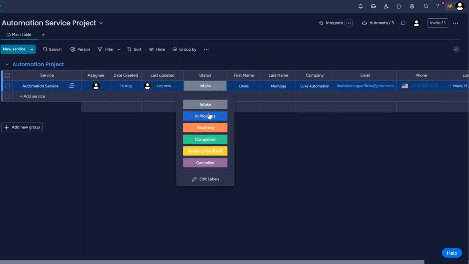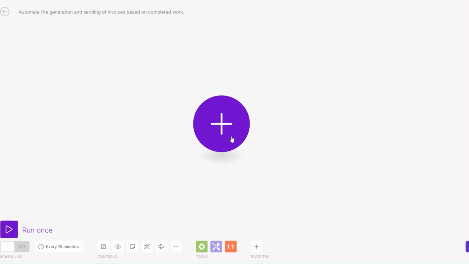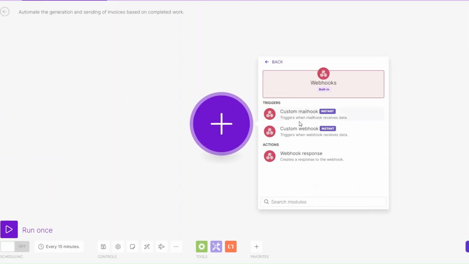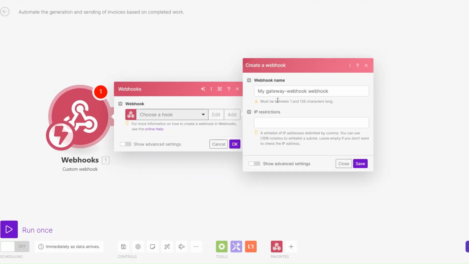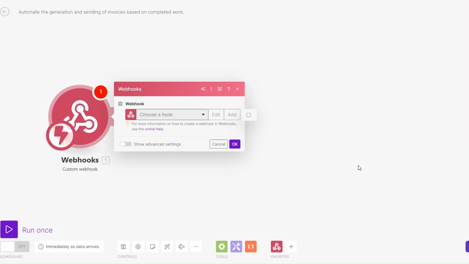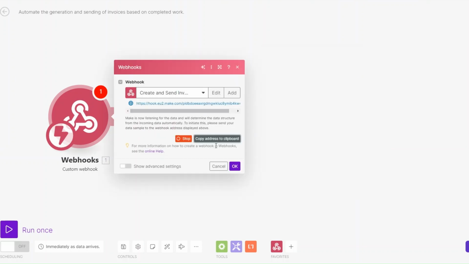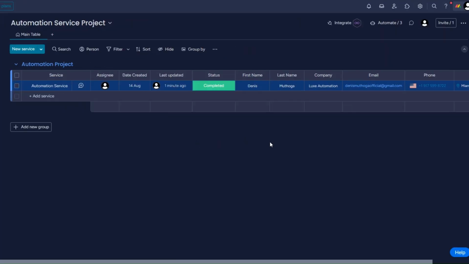To trigger our automation, we're going to set up a webhook that is sent after the status of our project is changed to completed. We're going to search for webhook, then click on custom webhooks. Here we're going to add a webhook, and we're going to rename our webhook to create and send invoice webhook, and click on save. I'll copy this address, then head to monday.com, then click on integrate,